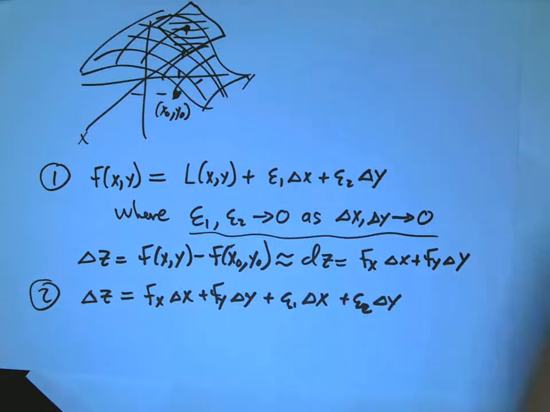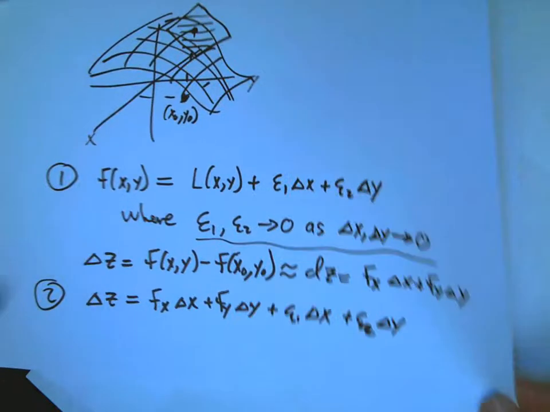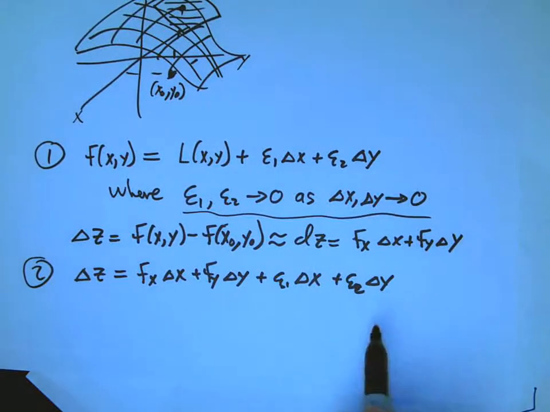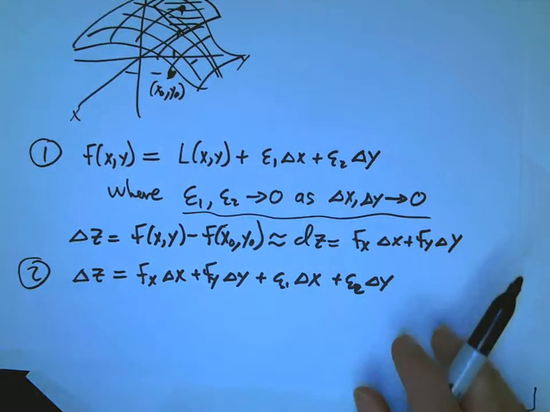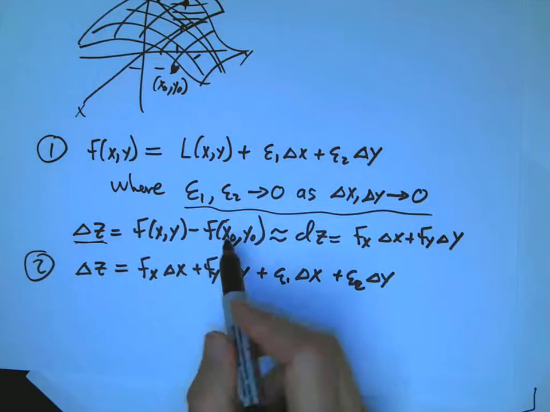Okay, we're continuing with the study of linear approximations of two variables. I wanted to give you the third version of this, which is more like what the main text has, which is that you put this all into one thing, and you make it so that you're talking about one thing going to 0. What we want is that the error in this approximation, here's delta z, here's the actual